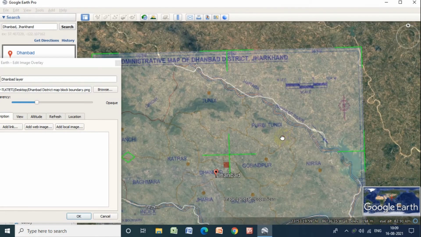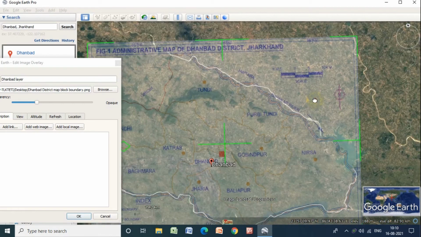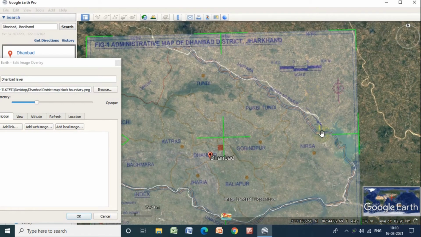This portion is not correctly matched. This is the error, but we have to try to match this superimposed layer with Google Earth Pro.